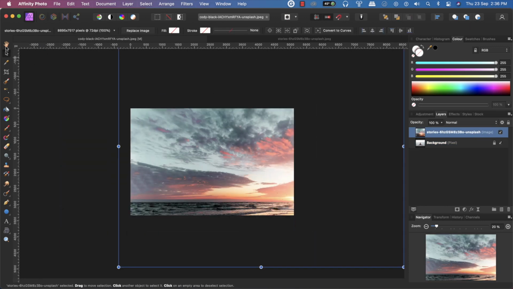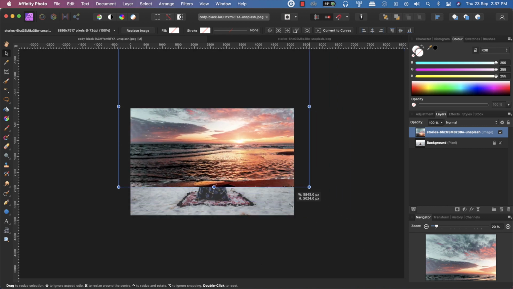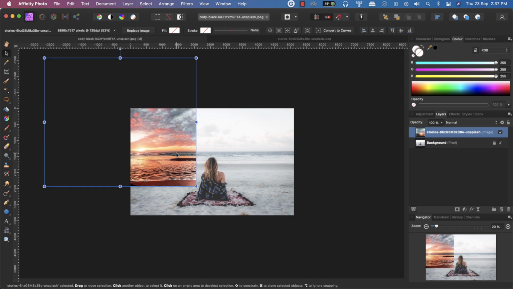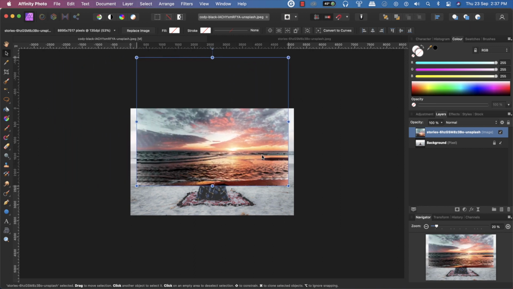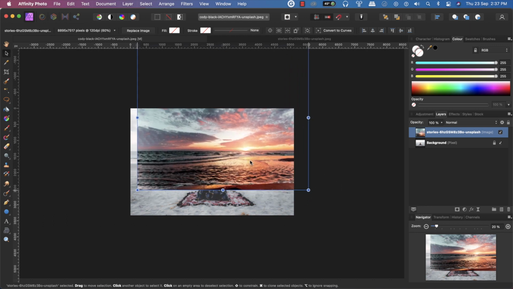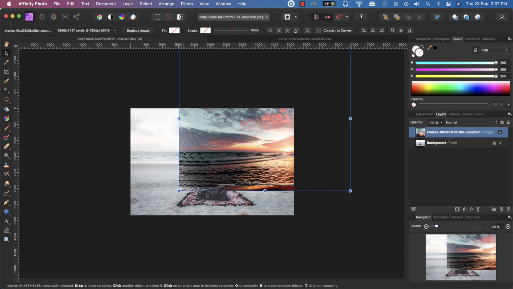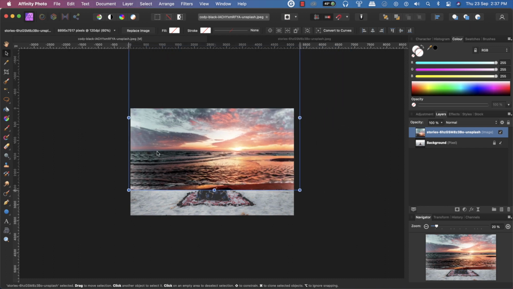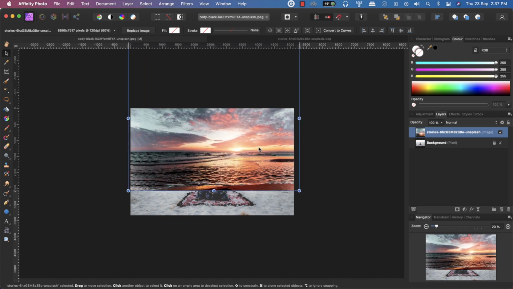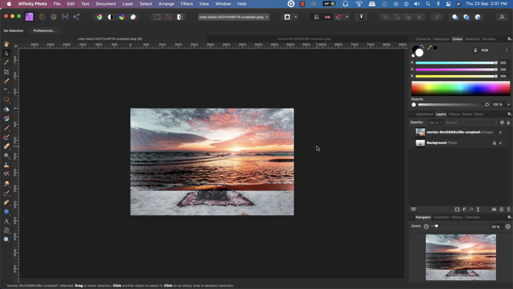And I will resize the image. What we want to do is align the horizon of this image, the sky, with the image that we have. I can simply bring these two lines together. And reposition the image. After doing that, what I'm going to do is